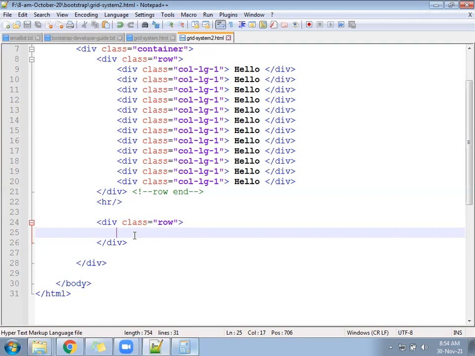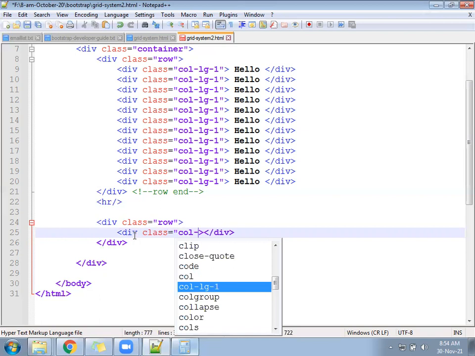Inside this row, we are not going to use exactly 12 columns. We will be using class equal to col-lg-2.